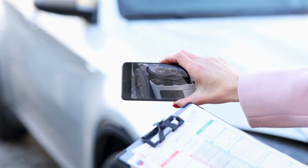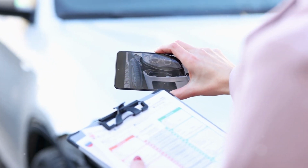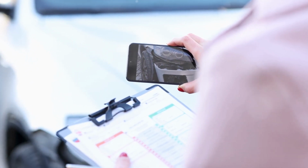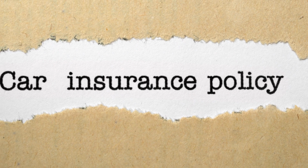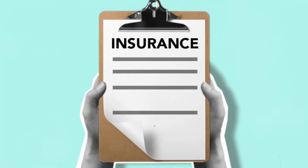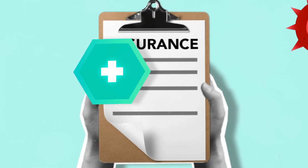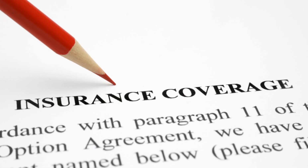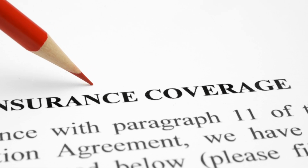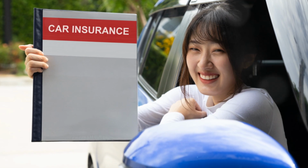We get it. Insurance documents might not be your idea of a thrilling page-turner, but trust us, these two little documents are your best friends in the event of an accident. First up, we have the declaration page, the VIP of your insurance policy. This bad boy contains all the essential details of your coverage, including your policy number, coverage limits, deductibles, and the all-important dates your policy is active. Consider it the Cliff's Notes version of your insurance contract, minus the legal jargon that could put a room full of lawyers to sleep. Next, we have the insurance